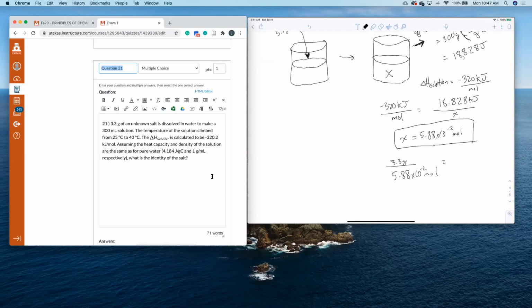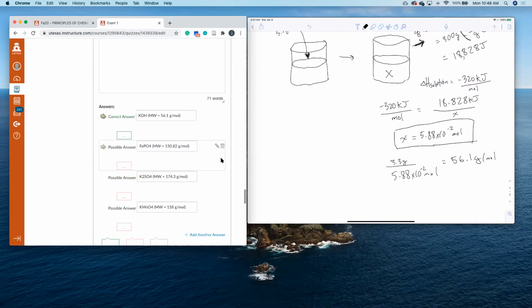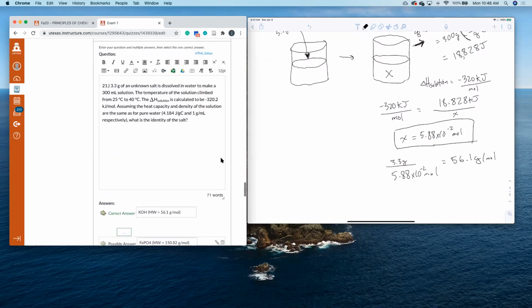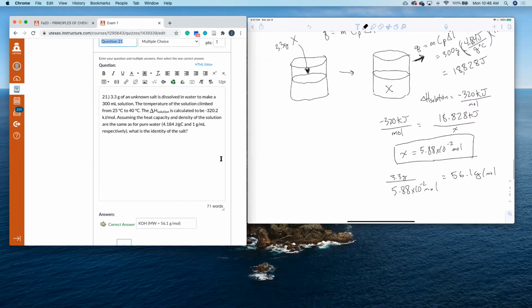Okay, yeah, now I got a good answer. The last answer I came out with was like 56 trillion or something. So we come out with 56.1 grams per mole, which is reasonable for a molecule. If we come down, yeah, it's KOH. All right, yeah, so from the top,